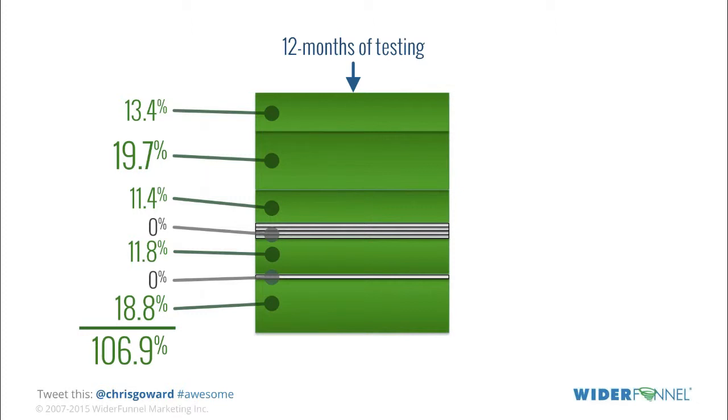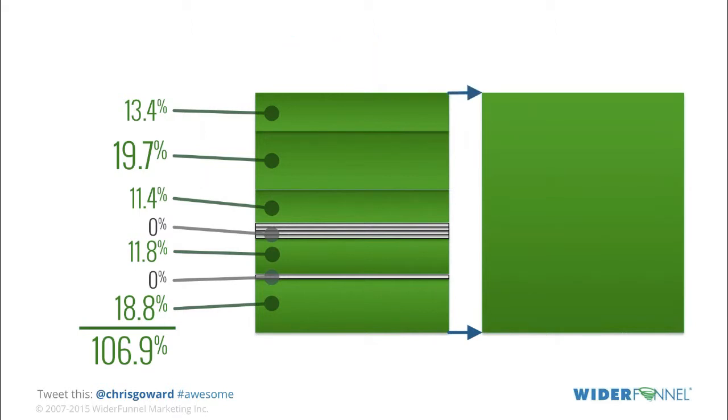So at the end of 12 months, we actually went back to the very beginning of the year, took the original control, tested against the latest winning variation. And what do you think happened? Well, it turns out the latest winning variation actually had a 123.7% A/B test win against the original control, validating